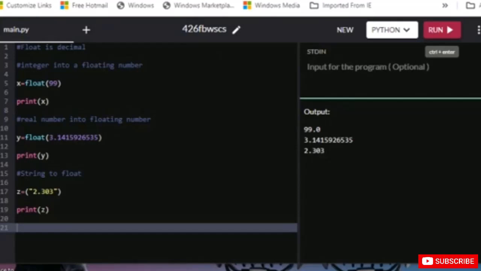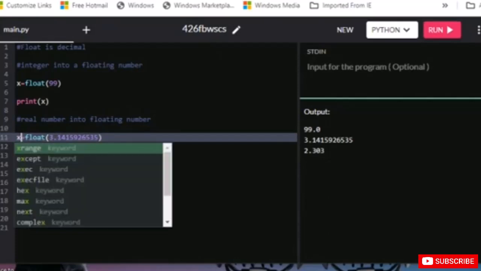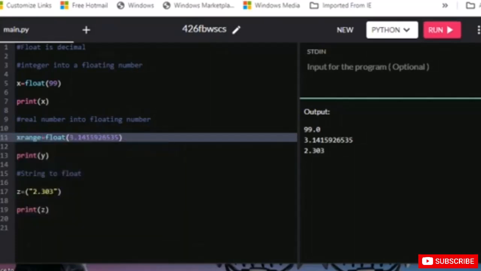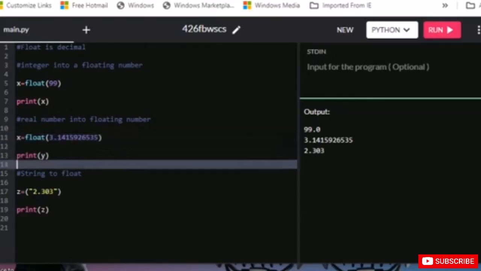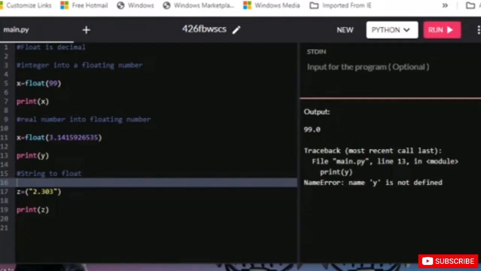Just for the sake of curiosity, I would like to teach you something more here. Like, what if I put x here and hit run? So you can clearly see that, okay, let me do this, x. Now let's try.